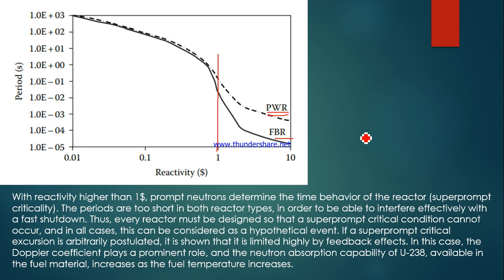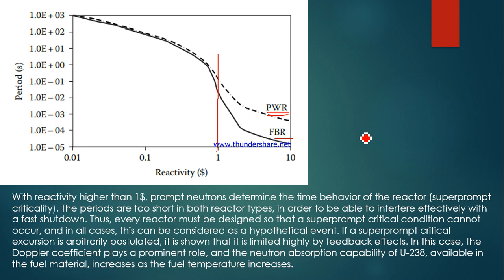But if this super prompt critical condition is arrived at or postulated, it is shown that if super prompt criticality occurred, then your closed loop highly needs feedback,